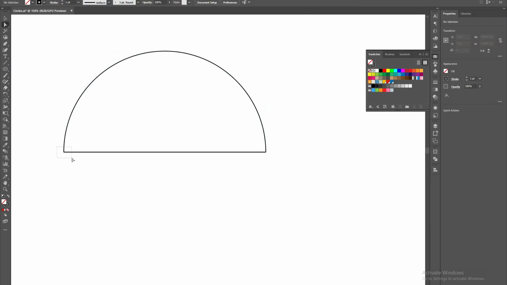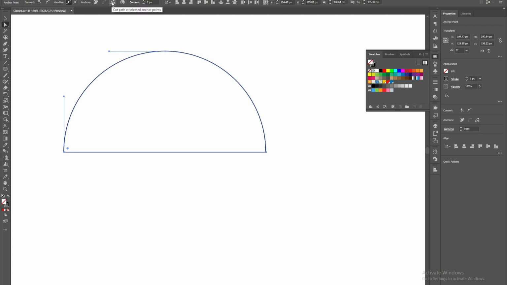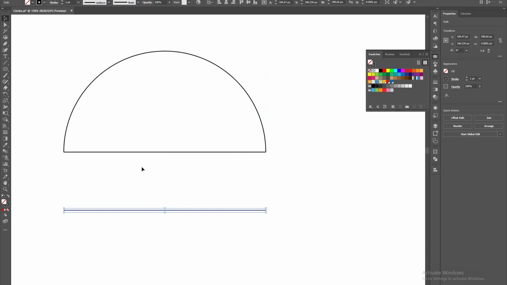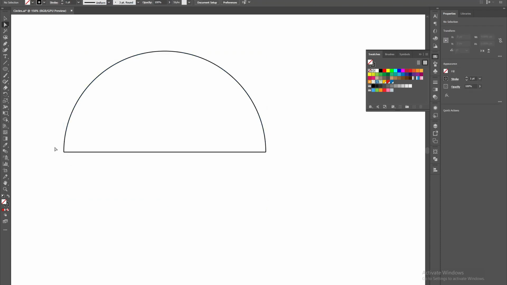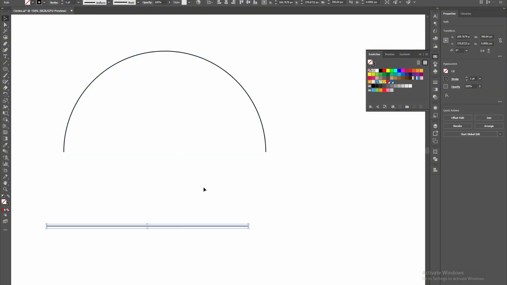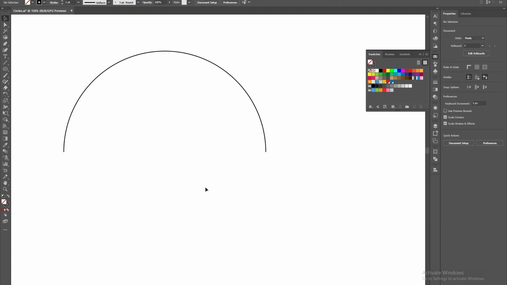Press A and take the selection tool and cut it from here. We are cutting this anchor point, so we are separating the line. Cut it from here and cut this one from here. Back to the selection tool. I'm going to delete, oh sorry, so that was the line on top of it. Let's cut it again and cut this one. Okay, now this is separated. Now we have to delete it. Press the delete key on your keyboard,